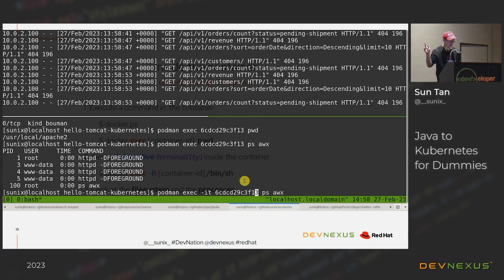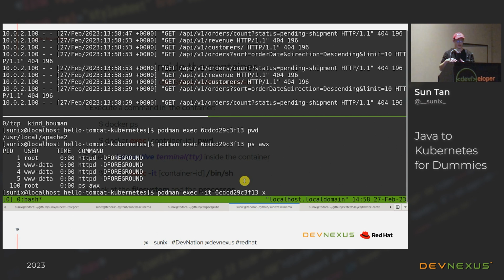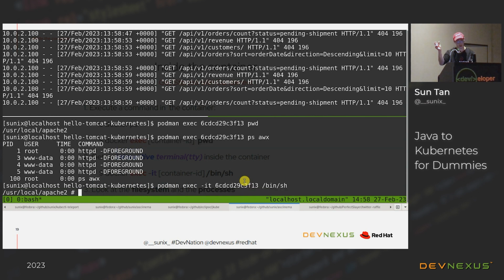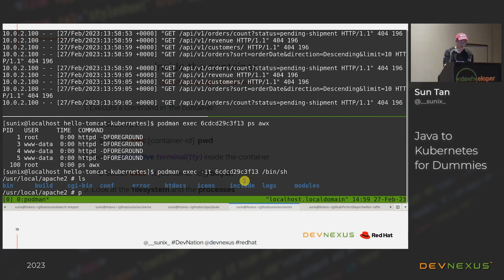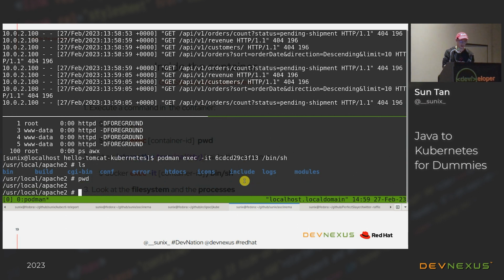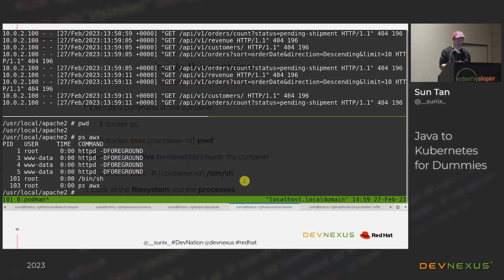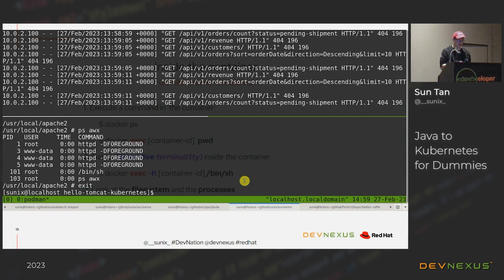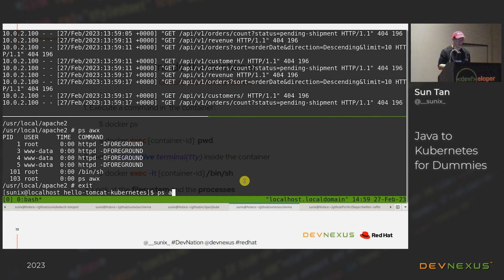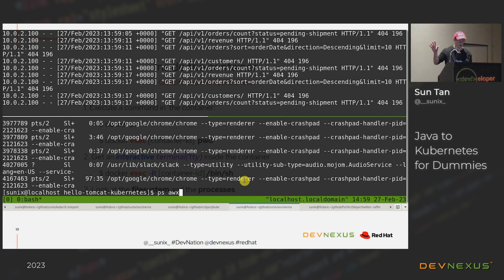So now I'm showing how I can access the container with a terminal. So with the option -it, and I have a terminal, I'm inside the container. You see I can browse with the terminal. It's a different file system. And if I compare with the host machine, you see that the host machine has a lot of